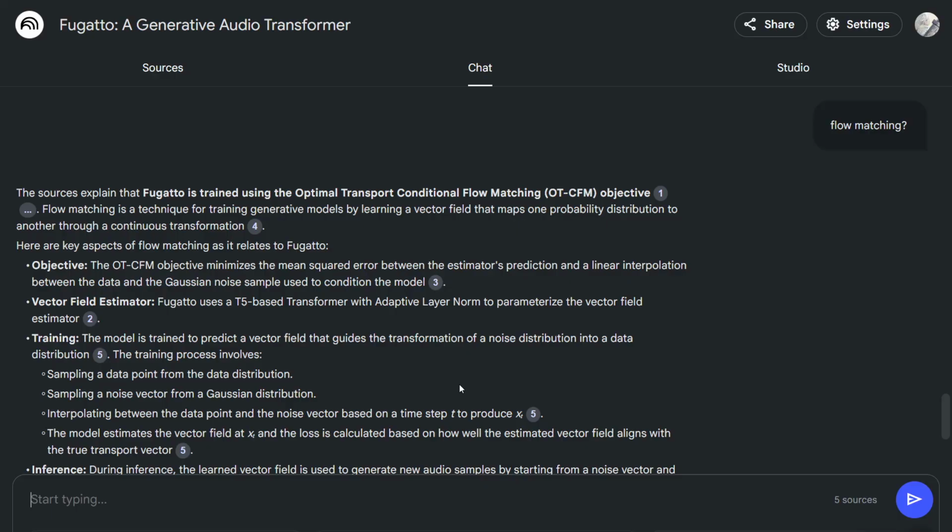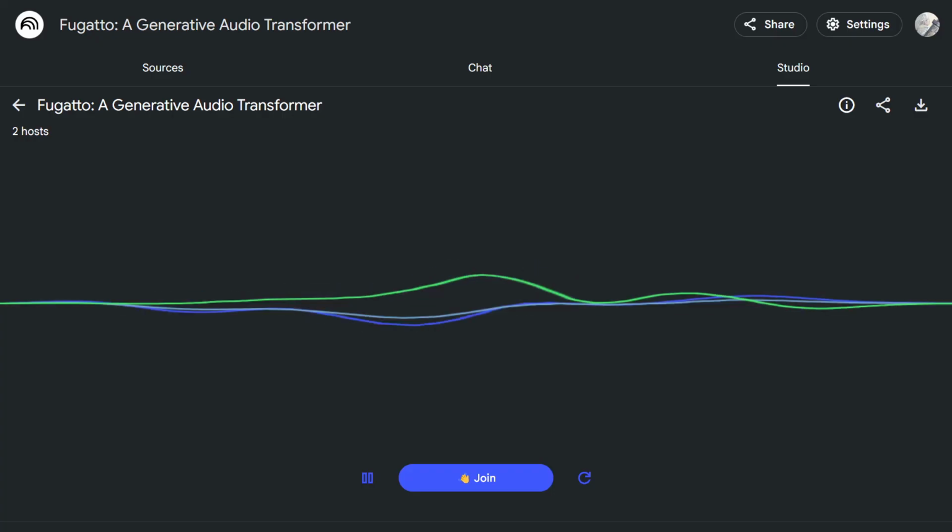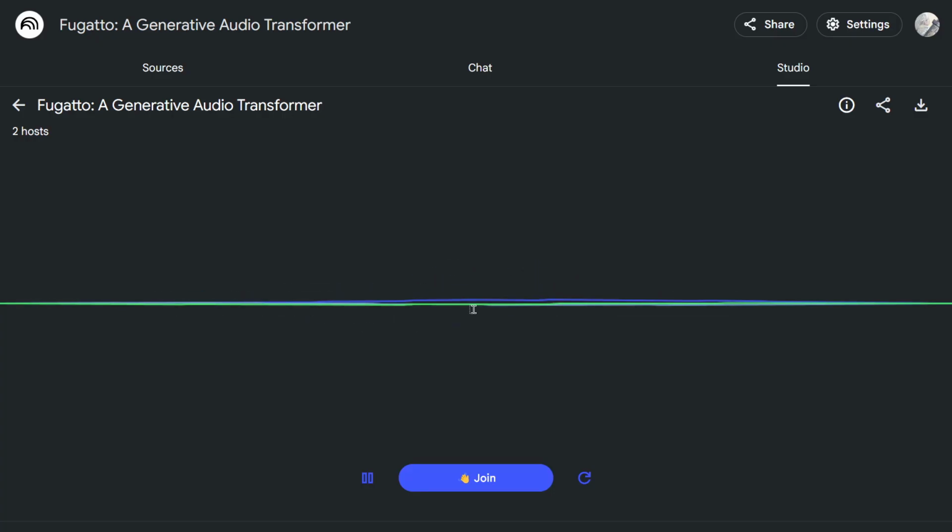But even with all these possibilities, some people might feel uneasy. If AI can create anything, does that make human expression less valuable? Will we lose something important in the process? That's a valid concern, and it's something we need to think about carefully. But I truly believe that human creativity will always be at the heart of art. Tools like Fugatto are just extensions of our imagination, instruments that help us express ourselves more powerfully. So it's not about replacing human creativity. No. It's about amplifying it, expanding its reach. Exactly. The way we use these tools, the stories we tell, the emotions we evoke, that's what really matters in the end.